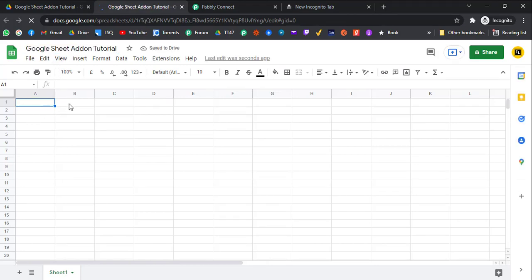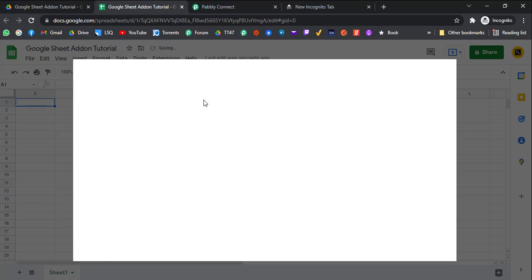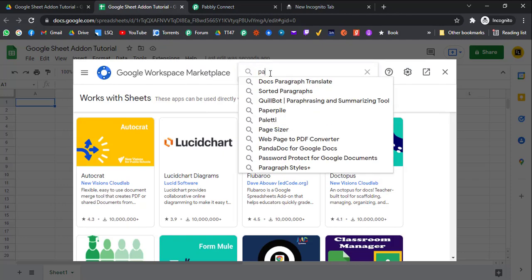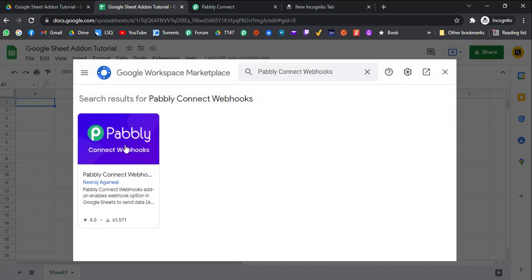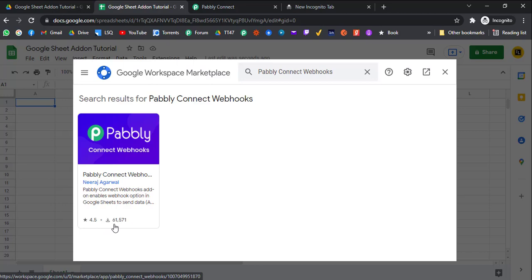Okay, so now the first thing you need to do is go to Extensions, go to Add-ons, Get add-ons, and type Pabbly Connect Webhooks. Okay, you will see this add-on. You can already see it is 4.5 star with more than 61k downloads.